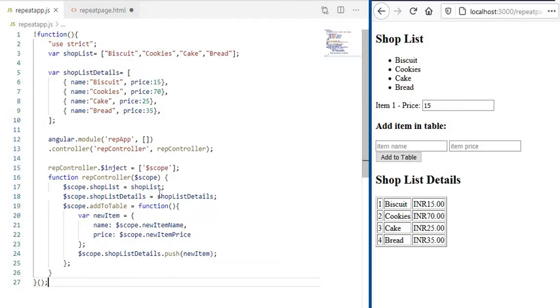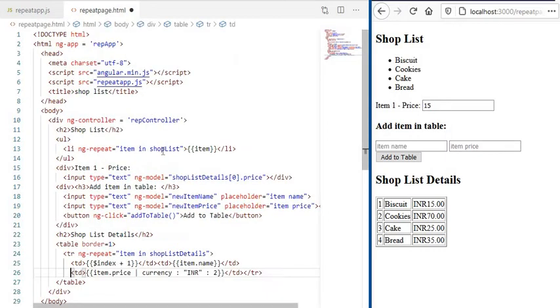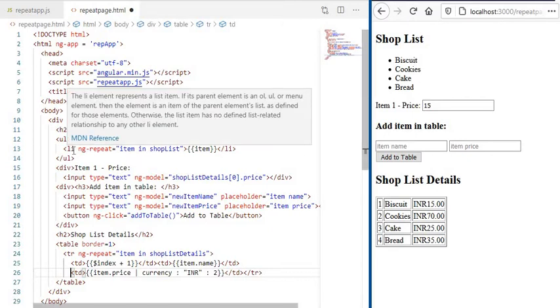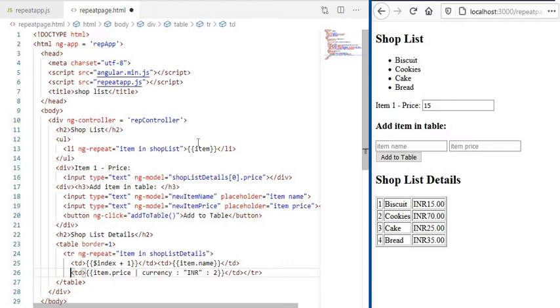That same thing is called here. So the shopList contains all these 4 values, which are repeatedly printed one by one using the li tag. Within the li tag I have used item.